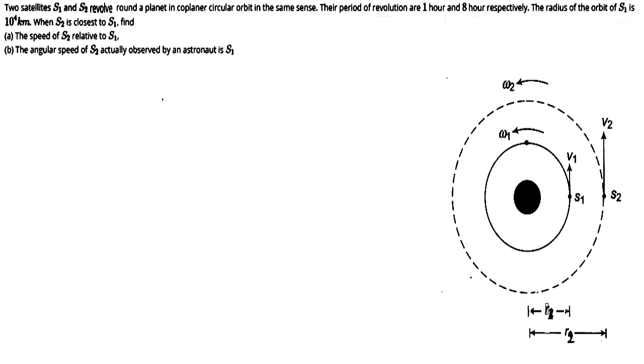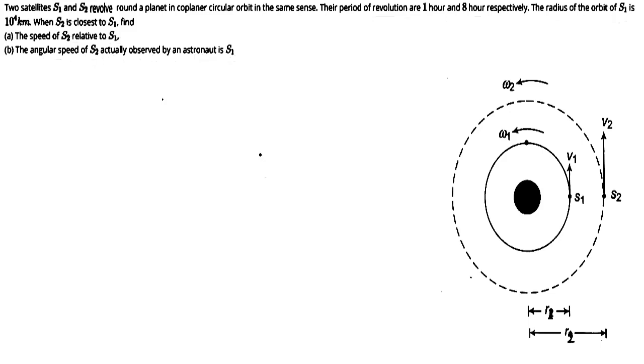एंड रेडियस ऑफ द ऑर्बिट S1 का R1 हमको दिया हुआ है, 10 के पावर 4 किलोमीटर। फिर बोला है कि व्हेन S2 इज क्लोज टू S1, जब S2 S1 के क्लोज आ जाएगा तो उस केस में S2 की S1 के रिलेटिव स्पीड कितनी होगी, एंड एंगुलर स्पीड ऑफ S2 एक्चुअली ऑब्जर्व्ड बाई द एस्ट्रोनॉट इन S1।